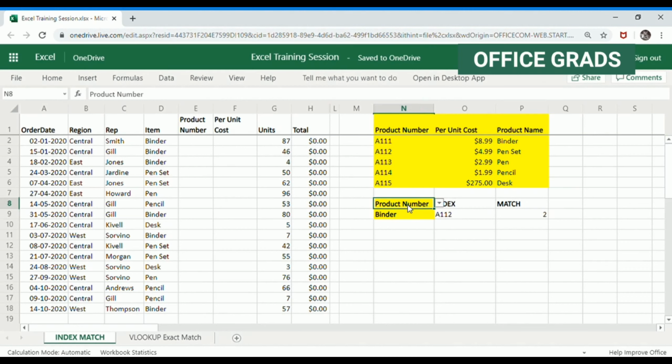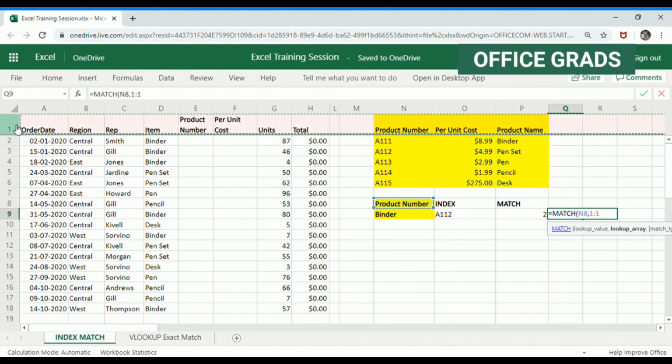Let's do the same thing for product number now, and let's find out the position of product number from this table array. Okay, I'm typing it in Q column now, equal to match bracket open. This is my lookup value, so I'm selecting this as a lookup value, comma, lookup array. In this case, let's select where this product number information is available.